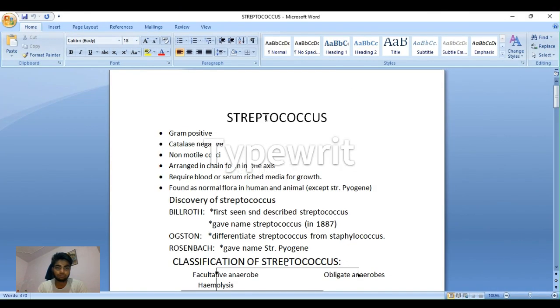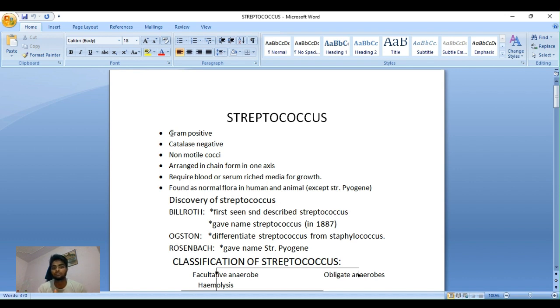Today we are going to discuss streptococcus, that is the cocci with the strepto chain. The general introduction for the streptococci is, first, it is gram positive, like the staphylococcus, catalase negative, but